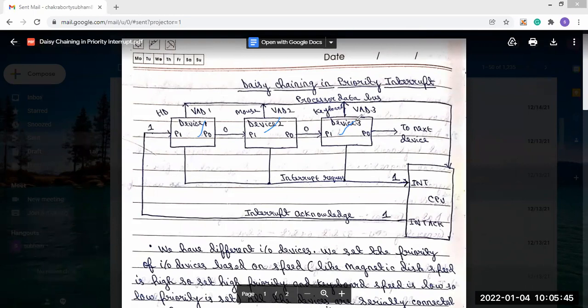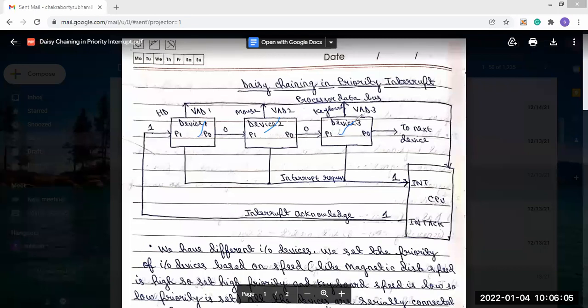Now, what is priority? This priority we set based on the speed. For example, we have a magnetic disk, and the magnetic disk speed is high, so we set a high priority.